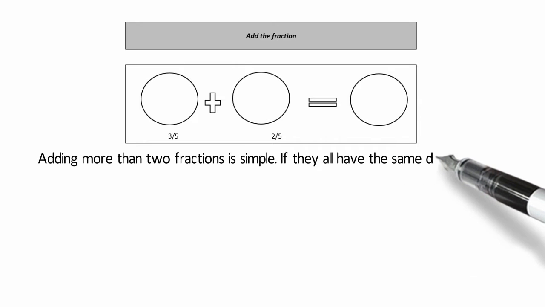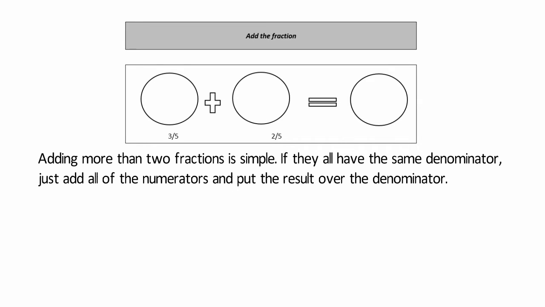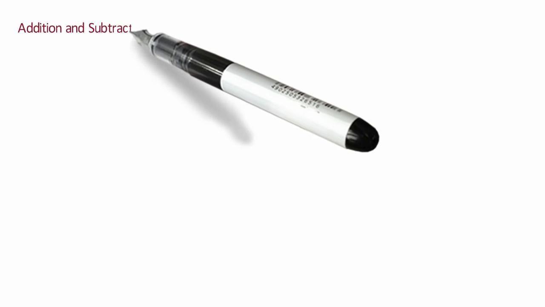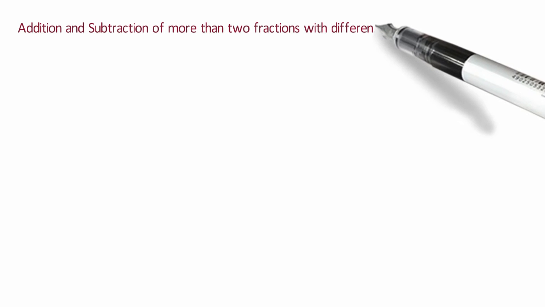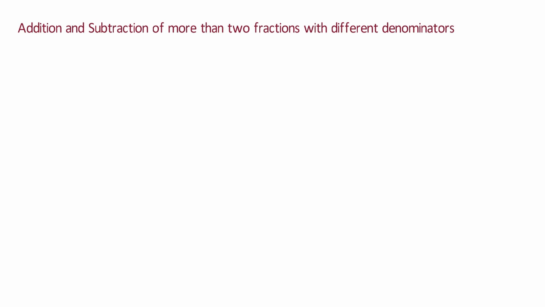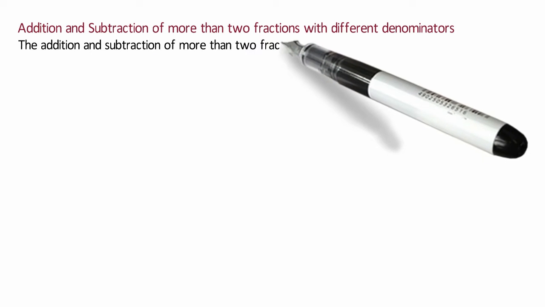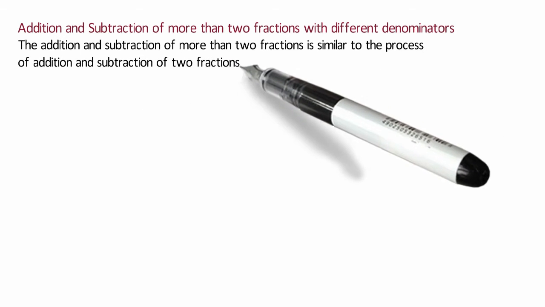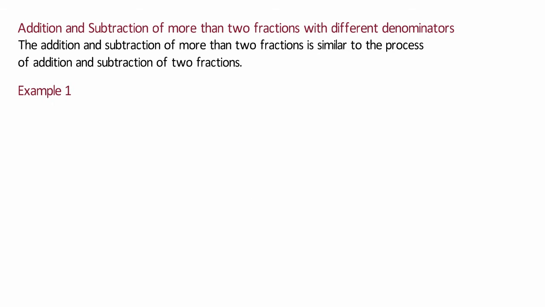Adding more than two fractions is simple. If they all have the same denominator, just add all of the numerators and put the result over the denominator. Addition and subtraction of more than two fractions with different denominators. The addition and subtraction of more than two fractions is similar to the process of addition and subtraction of two fractions. For example,